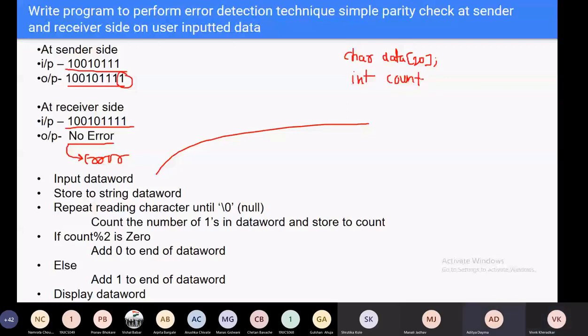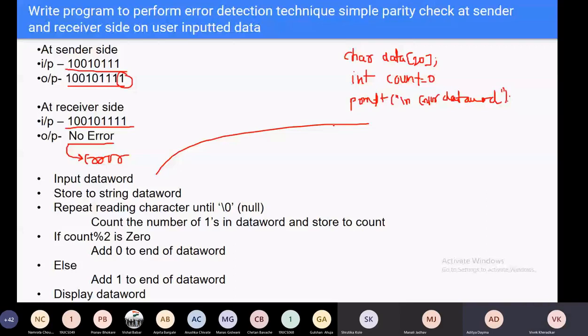Next, we have to take the number from the user. You have to input that string, which is the data word. So tell me, what is the code for this? Scanf. First you have to print a message: printf enter data word. And what is scanf? Tell me, Aditya. Scanf %s, comma, data.